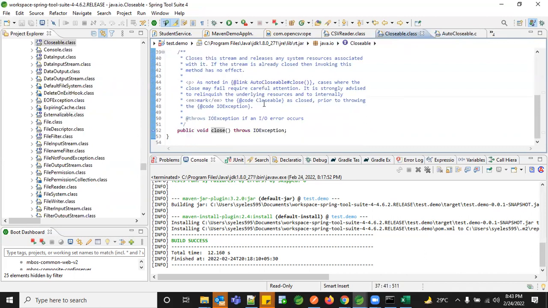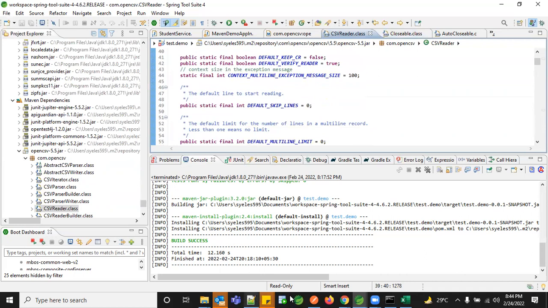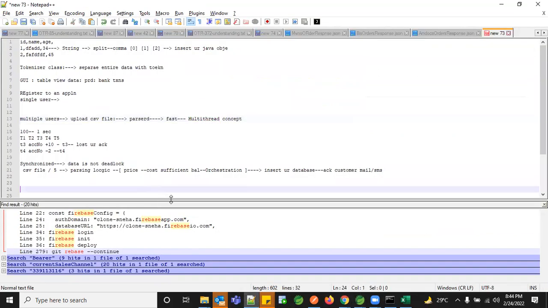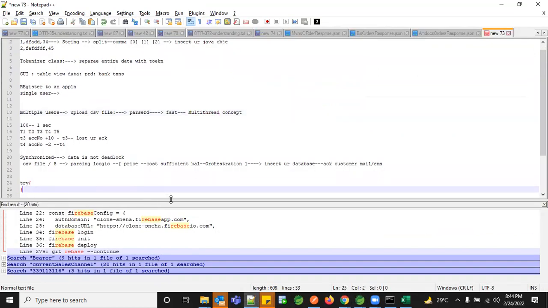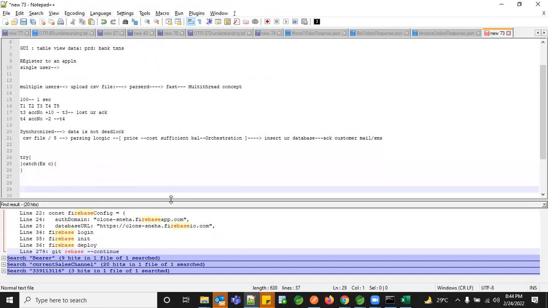So how does this close work? How does the try catch block look? The usual try catch block is something like this: there will be a try block, a catch with an exception, and so on. Now this is called try with resources.